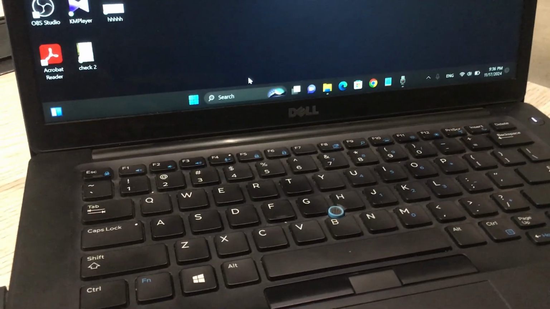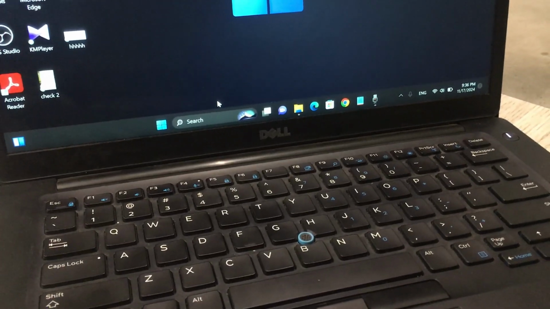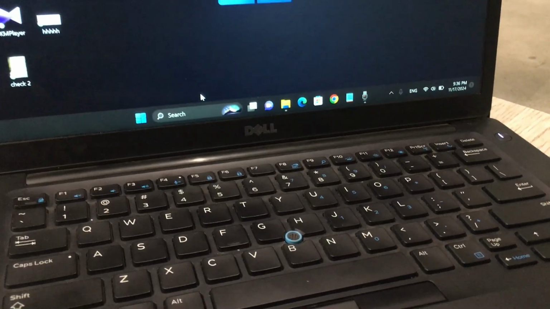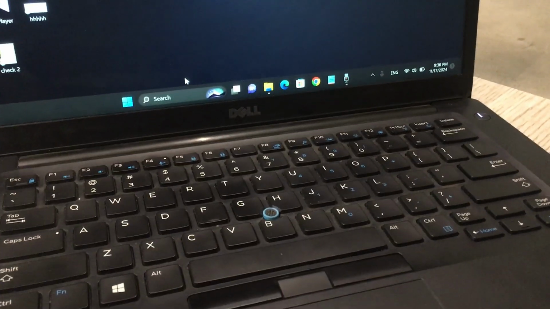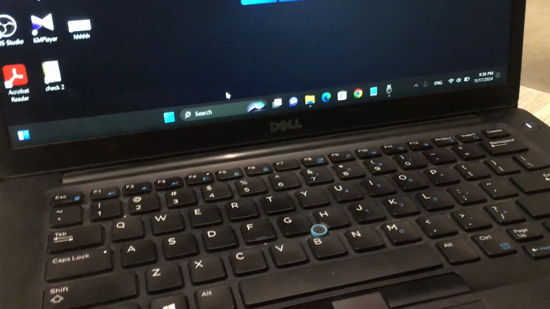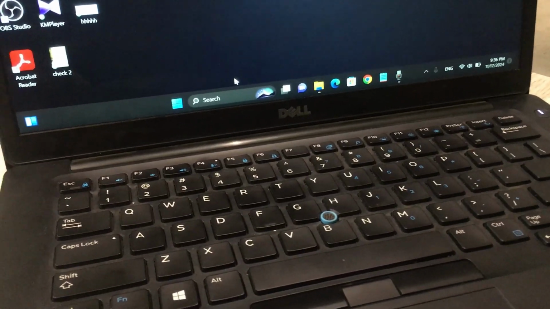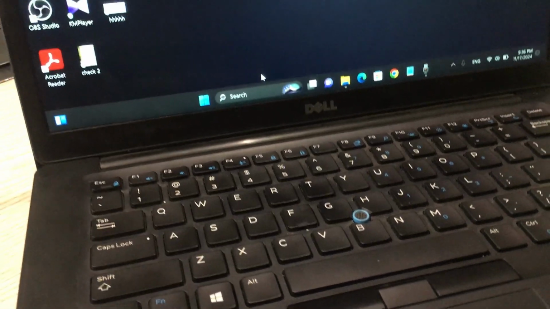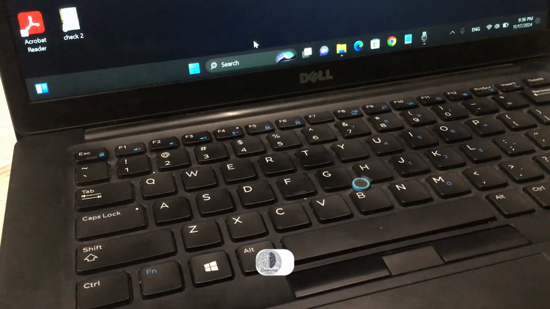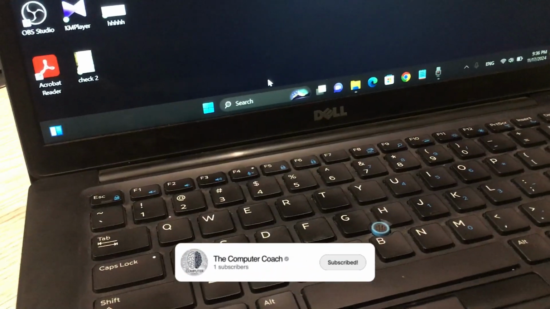Well, in this video I'm going to show you the useful shortcuts for the desktop. Okay, so let's get started. Before I start, I'll show you the important and useful shortcuts to make your life using a computer so much